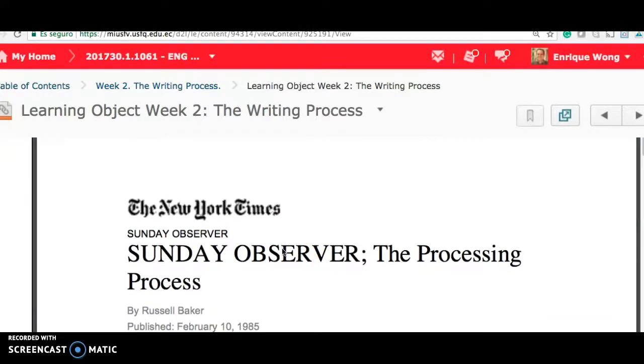the learning object, and I have to notice that some students haven't read the learning object of the first week because I just downloaded the report and saw that some of you didn't read the learning object, and this is a very serious mistake. I'm going to be sending an email today notifying the ones that didn't read the learning object or the planner of the first week. I have no idea how you could possibly do the exercise for the week without having read this material first.